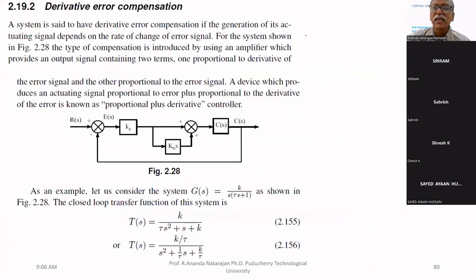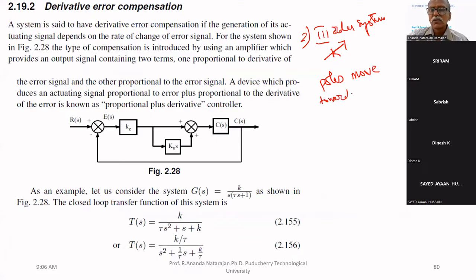Another problem with K, the second problem, is that from third order systems onwards, if K increases, the poles will move towards the RHP. They will move towards the RHP. That's why we know that